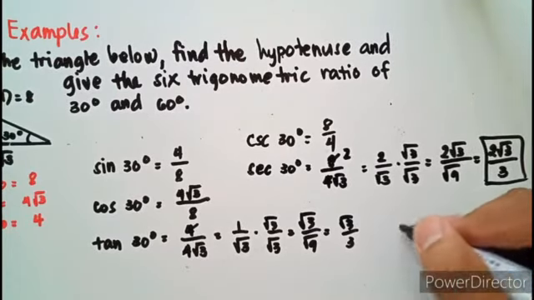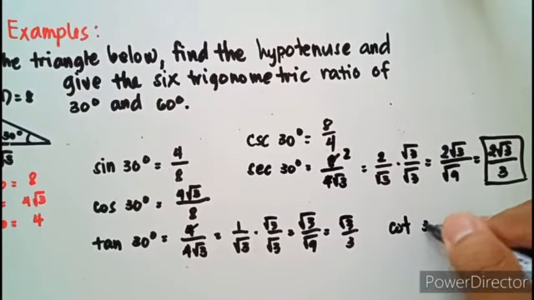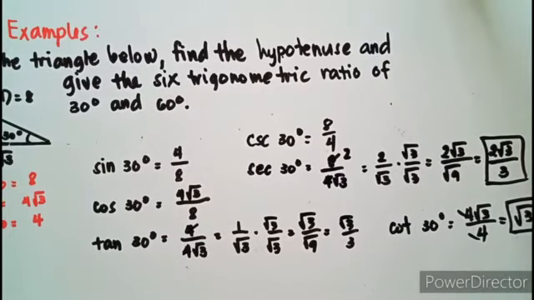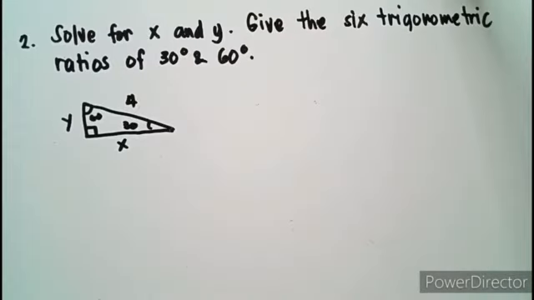Then for our cotangent 30 degrees, that is equal to 4 square root of 3 over 4. That is equal to square root of 3. Illustrative example number 2. Solve for the values of x and y. Give the trigonometric ratio of